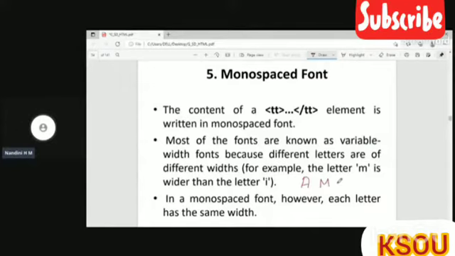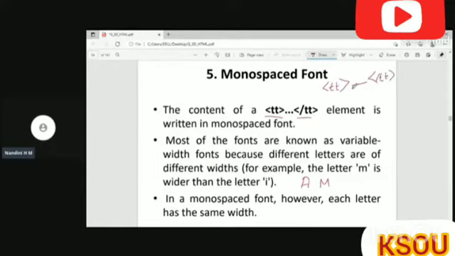But in some cases, I want a monospaced font, that is, uniformity in font sizes. For that, I have to use TT, double T, write the content, and then close the TT.